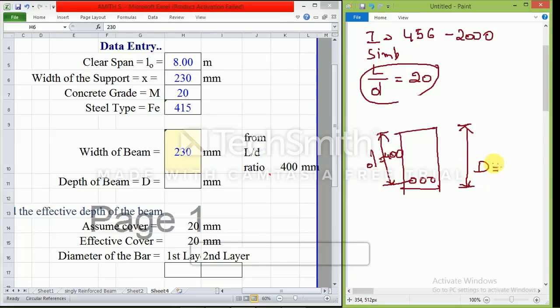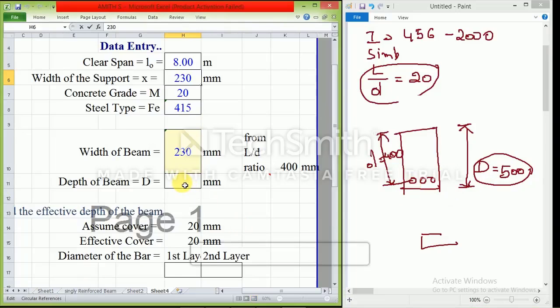I don't know, but I can assume some value that should be more than 400. The capital D is more than the small d, so I just assume it 500. In the below steps we can check it for safety. I'll come here and write it as 500.